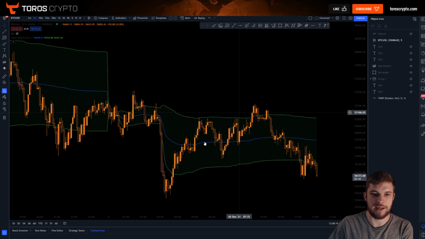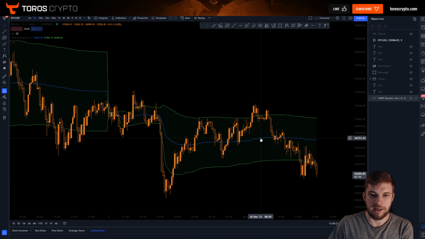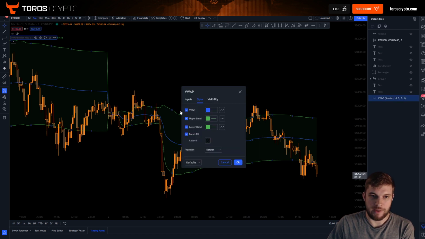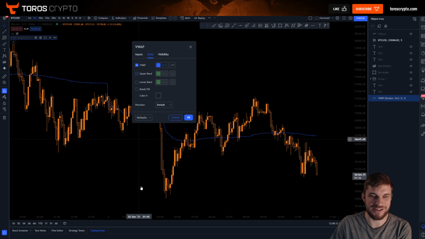And what you'll see here is you've got this blue line and then these green lines either side of it. Now the blue line here is your VWAP. These green lines are your upper band and your lower band. I don't particularly like these, so what I tend to do is just remove them. I'm not that interested in where the upper band and the lower band are. What I like is the VWAP. This gives you plenty to trade. There are strategies where you can use these upper and lower bands, but we won't really cover those in this